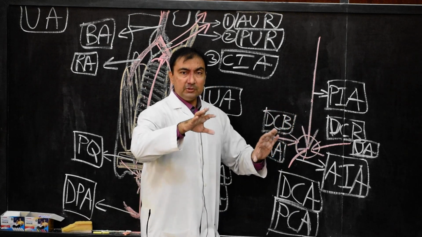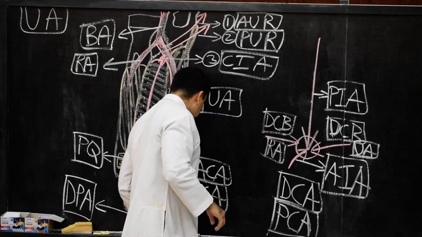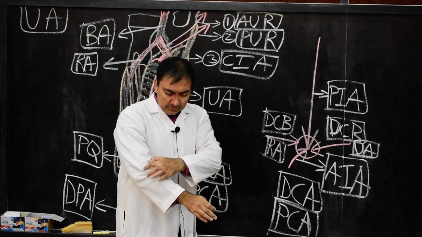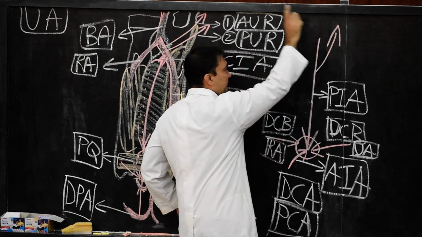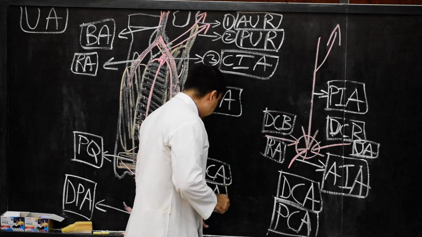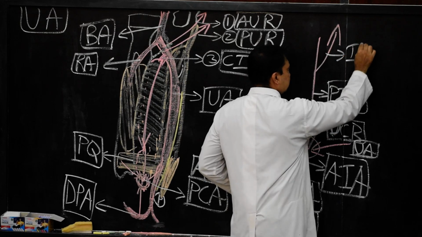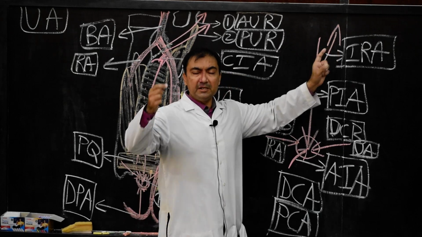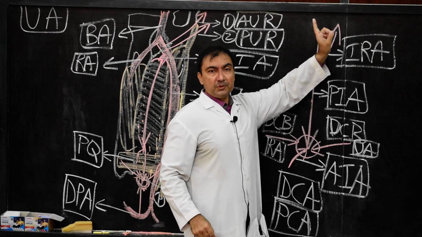So this is how the anterior and posterior interosseous artery, the entire course is there. But this posterior interosseous artery, as it is traveling down on the posterior side of the interosseous membrane, will give a branch which will participate in the anastomosis around the elbow joint. The name of this branch will be the interosseous recurrent artery, which is a branch of the posterior interosseous artery which will participate in the anastomosis of the elbow joint.